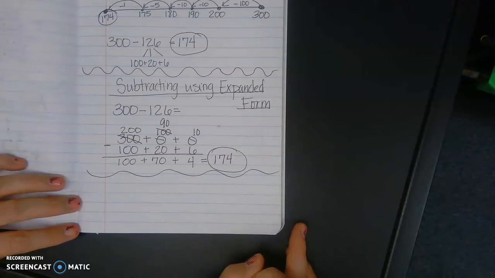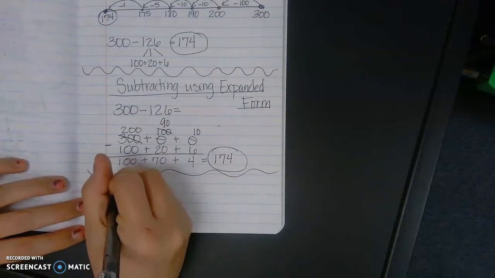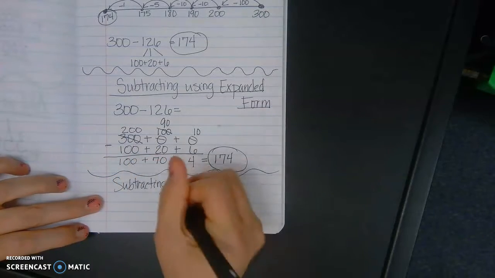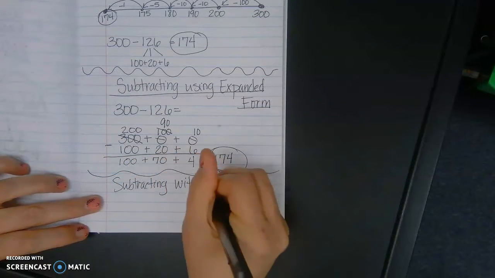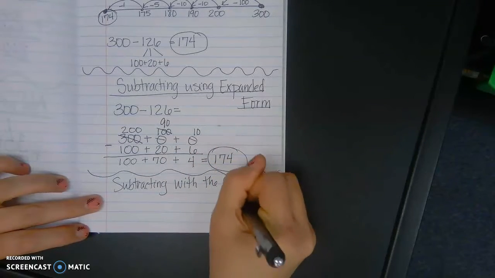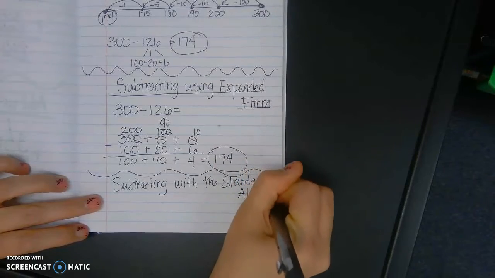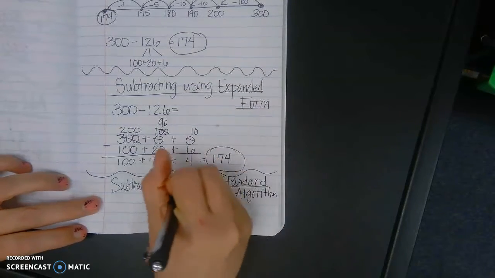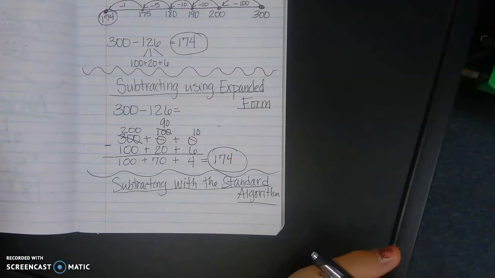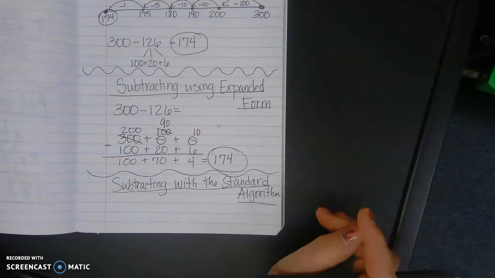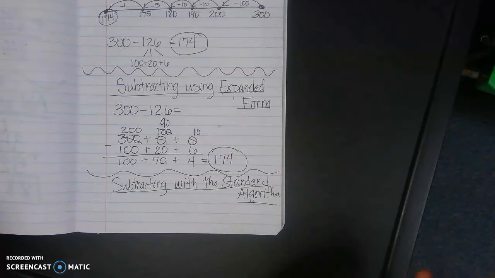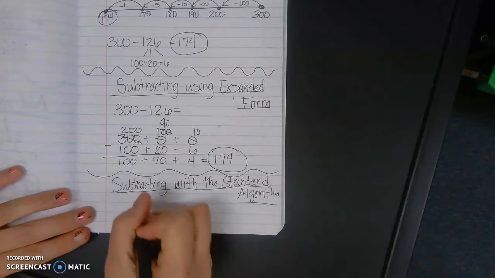All right, guys, so our last method that I really want to share with you is subtracting with the standard algorithm. Your standard algorithm is just normal subtraction, okay? You line it up vertically and just subtract. You might have to borrow, but still, it's just the normal way your parents probably learned when they were in school. So we have the same problem,